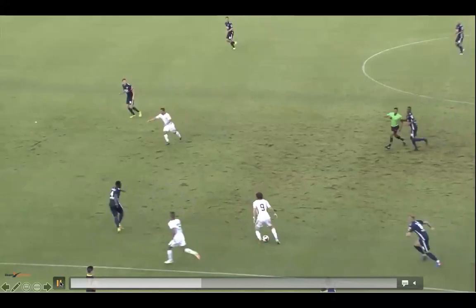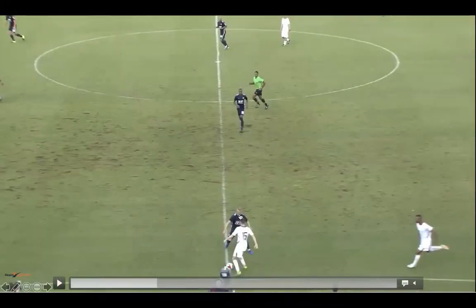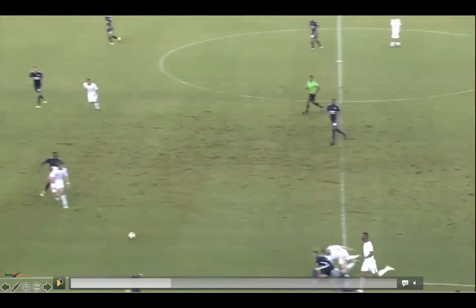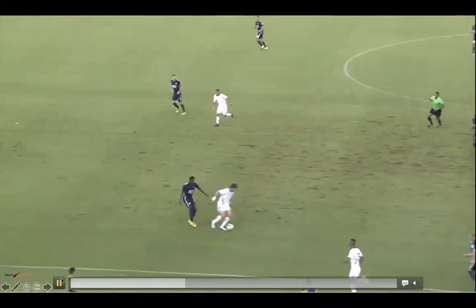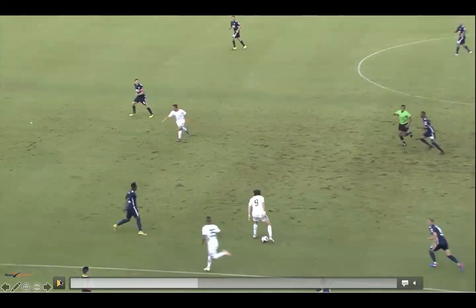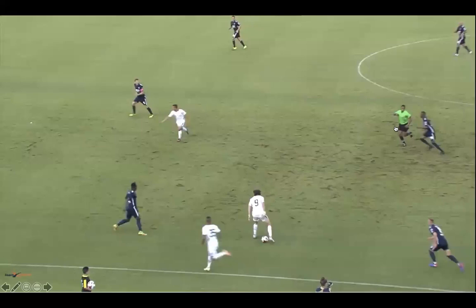So that's right now we're deciding, again, when we analyze phases of play, number 15 gets fouled as he plays the ball to number 9. So what we have to do is decide, is it more advantageous for number 9 to get to play advantage, or do we call the foul? And at this moment in time, maybe, but I don't think it's still worth letting that yellow card challenge go, particularly if that happens to be in front of the technical area. I don't think it was in this case, but if that's in front of the technical area, there's no chance you should apply advantage there. Get in there, blow the whistle, because you're going to escalate.